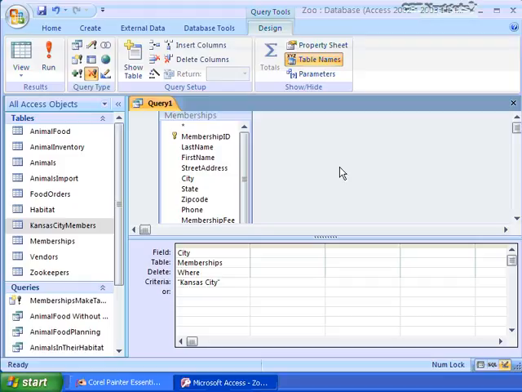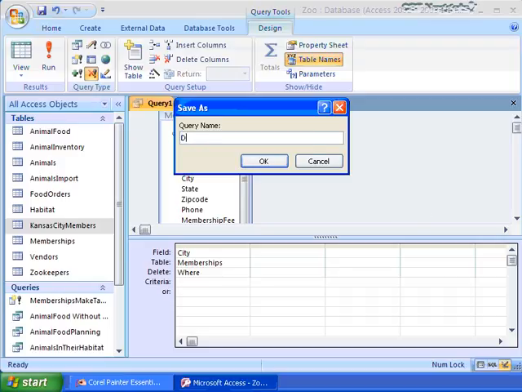All right, here's the thing. If I were to save this, every time I double-clicked on it and ran it, it would run this again. So if my base memberships table ended up with some Kansas City people in it, and I ran this query by double-clicking on it to open it from down here, it would say, great, I'm going to go delete those people from Kansas City, whether or not they've been added into the new Kansas City members table. I'm going to go ahead and save this. Well, I could delete that criteria so I don't have to. I will, just to be safe. It's not necessarily functional. So this is the delete query,